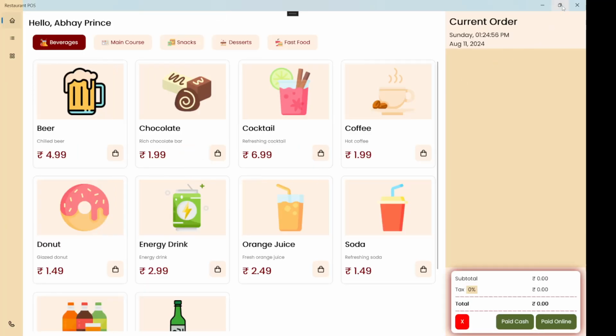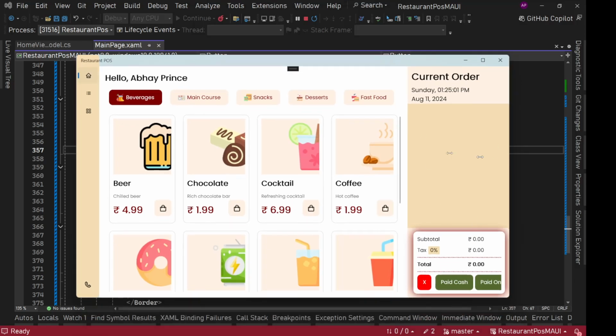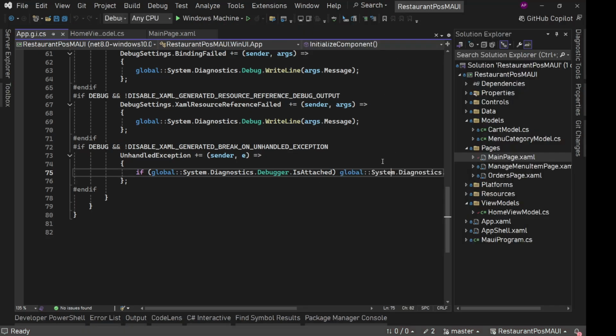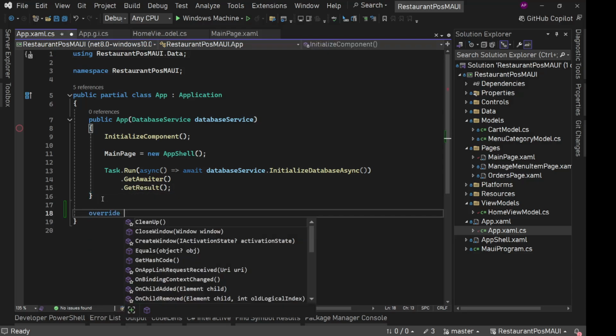Okay. Yeah, this text is cropped when it is in a smaller screen, and when it goes beyond a certain size, it simply breaks. So what we need to do, because our design expects at least this much width, is have a fixed minimum height and width, so our application cannot go less than that height and width. So we'll do that as well. For that, we can simply go to app.xaml, app.xaml.cs, and in here we can override